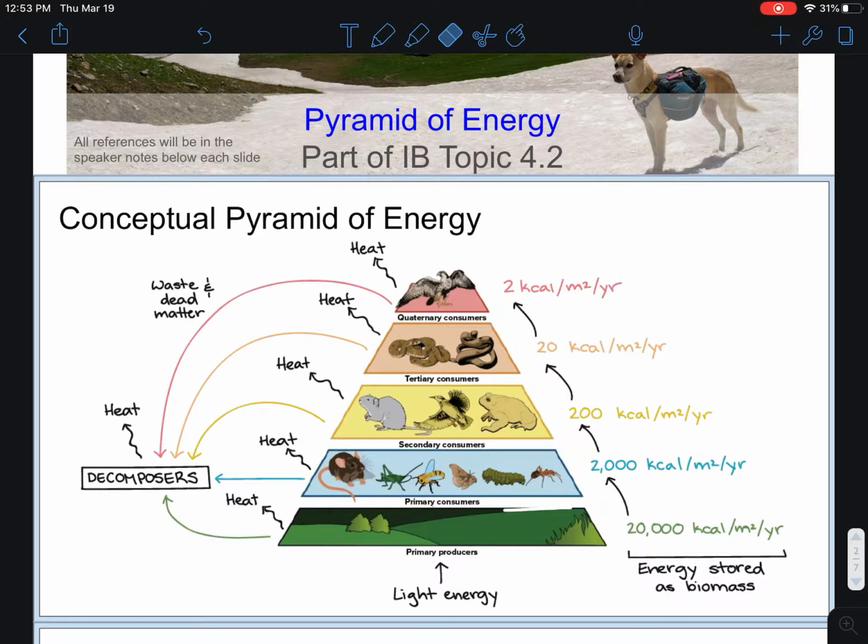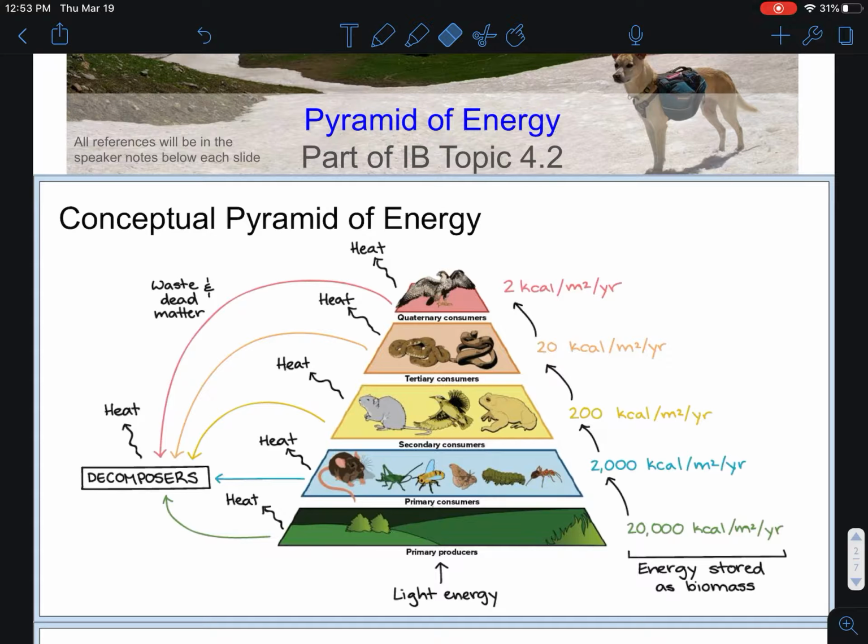What you're looking at on the base of the pyramid is our largest amount of energy, stored in our primary producers on Earth in a given ecosystem. The next longest, but definitely shorter, are the primary consumers, all the herbivores that eat the primary producers. Next level up the pyramid, and it is shorter still, are the secondary consumers that eat the primary consumers,